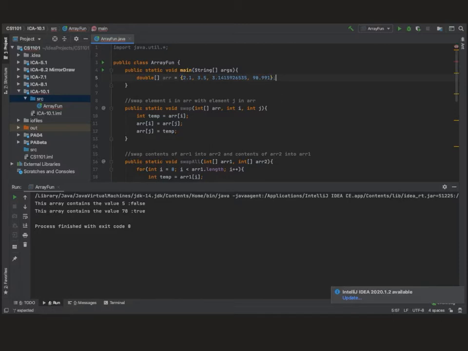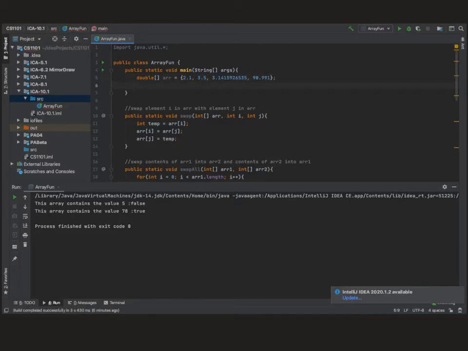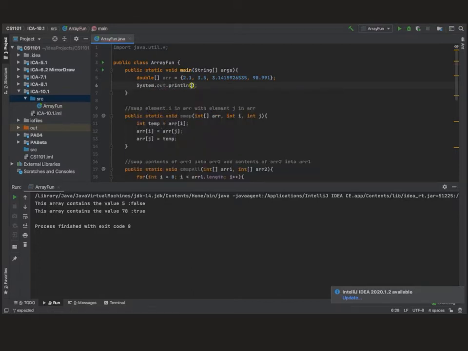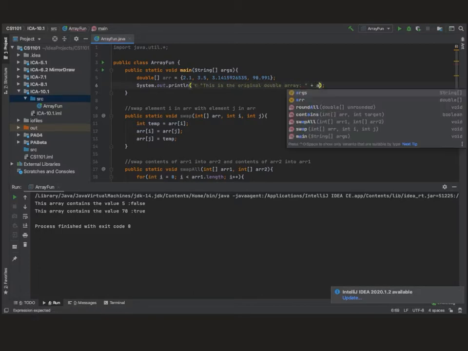That's good enough. So we will do a System.out.println to print this out. We'll start by telling what it is. And we will add it to